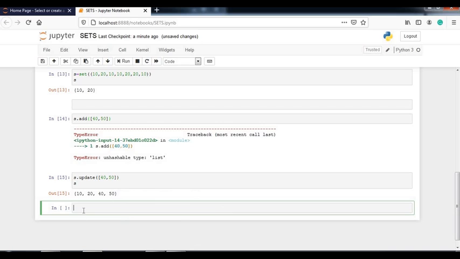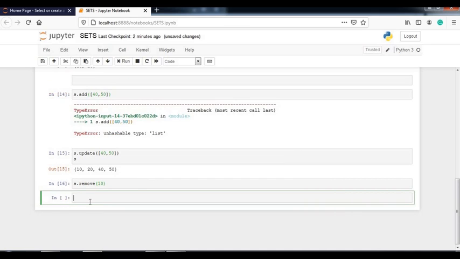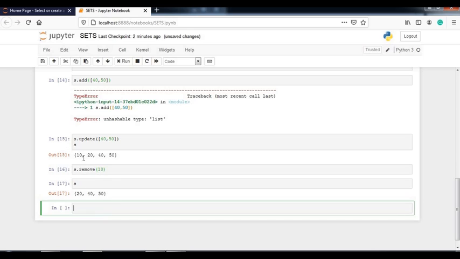We are using some more methods in sets. One is the discard method. Discard and remove methods are used for deleting elements from the set. If you want to delete elements from a set, how will you do that? As index numbers do not work here, let's see how it will work. I have a set, so I'll try s.remove and the element. Simply provide the element and print it. Now see, 10 is removed from the set.